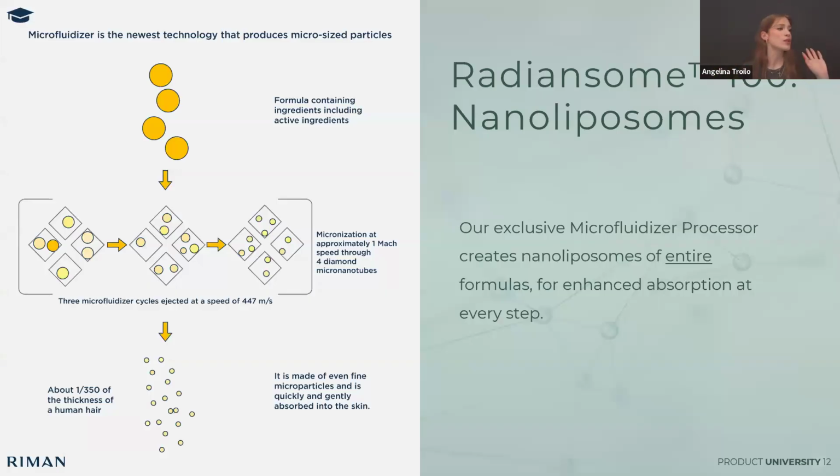Now, if we explore the nanoliposomes in more detail, we have a cartoon depiction of how these formulations come to be. And so we start with our initial media. So this is the Radiance Sun toner or cream in its initial form. It's typically of thinner viscosity because it needs to run through this processor. When it runs through the processor, this processor functions on Bernoulli's principle, which is a physics principle, in which a rapid decrease in pressure